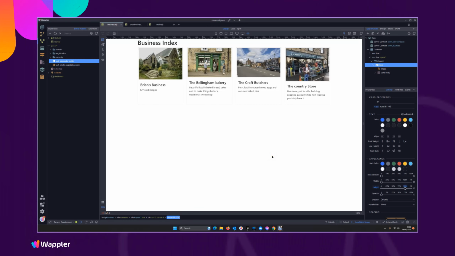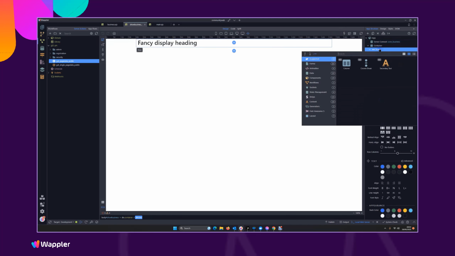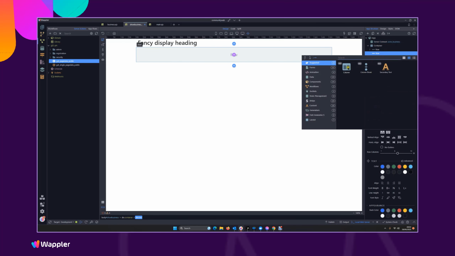So now back into Wappler, and what we're going to do is just a little bit more work on the show business page. Bear in mind it's pulling a data query in live within App Connect, and of course the page query, the page content ID, is not defined, and we won't actually see any data in here. So I'm just going to take it out of App Connect mode so we can see what's happening on the screen. So next is, I suppose, add another row as we've done in previous ones, and a column within there,